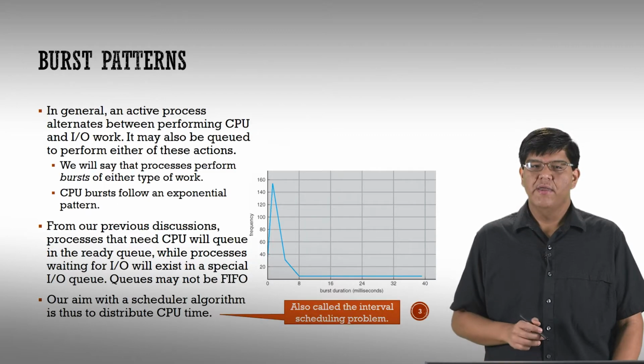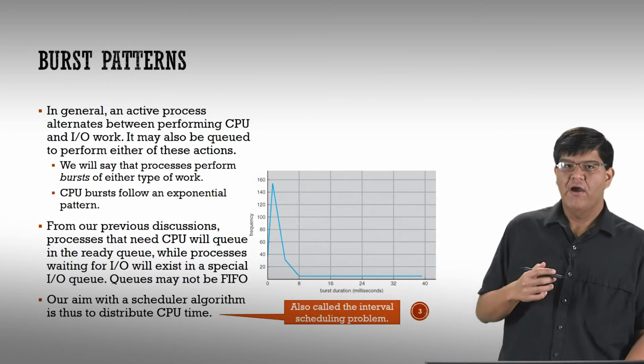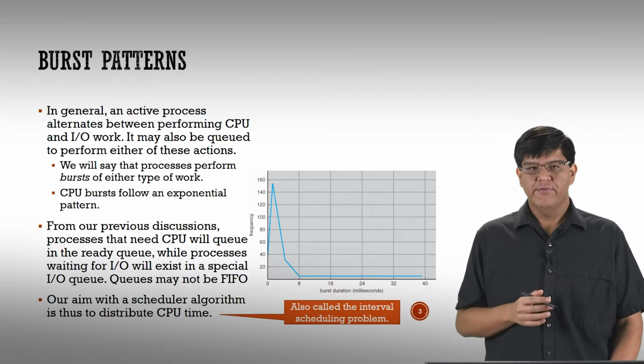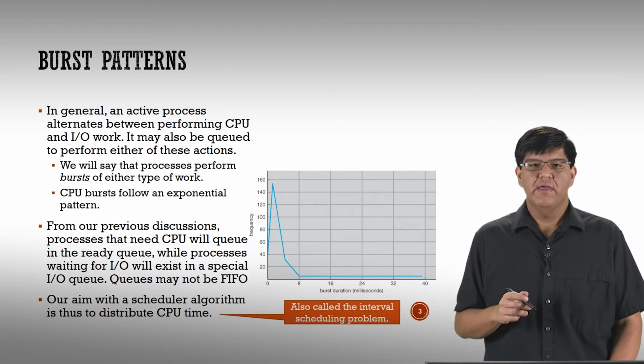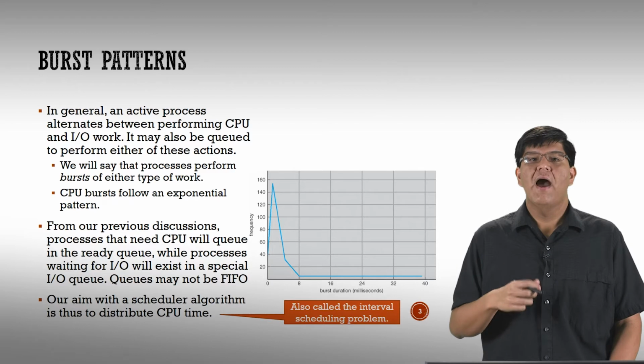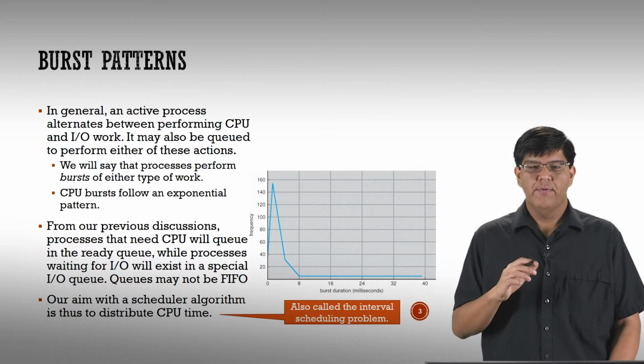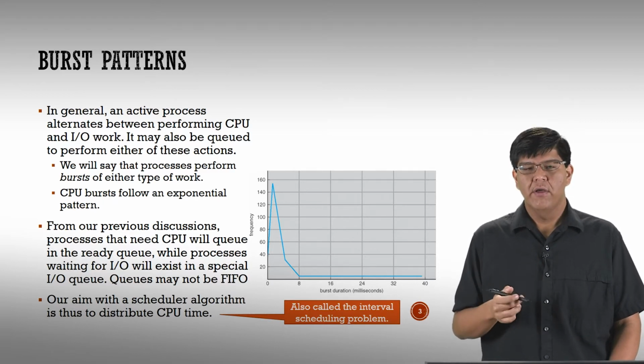So the first thing I want to talk about is burst patterns. This is how a program acts. A program is running, it needs to do stuff. Typically it has what's called a CPU burst, or maybe an I/O burst. There are two central kinds of work a process can do, either CPU or I/O. For CPU, that's basically saying that the process needs to jump on the CPU,